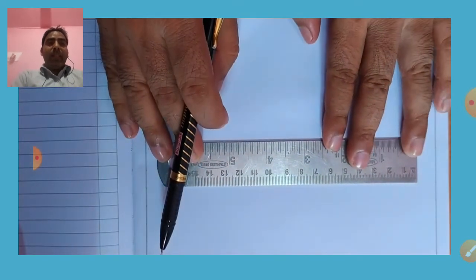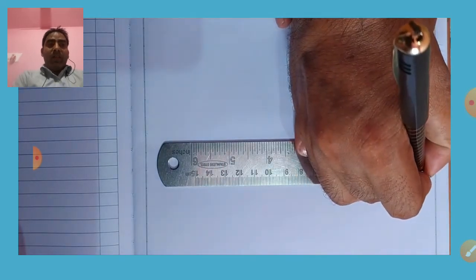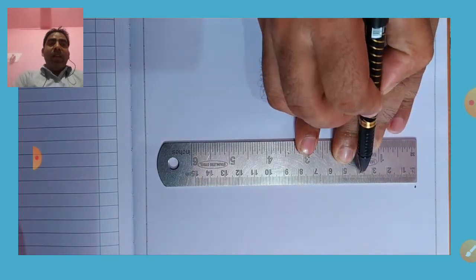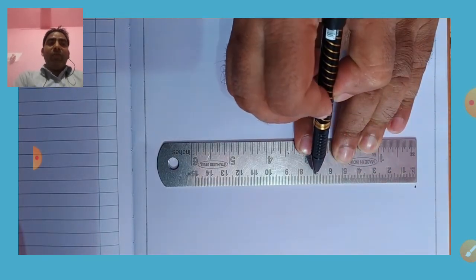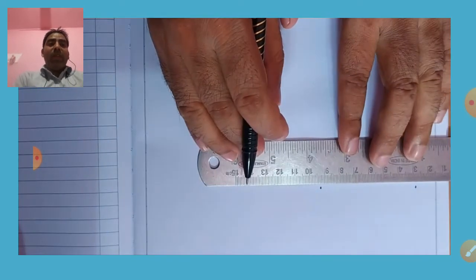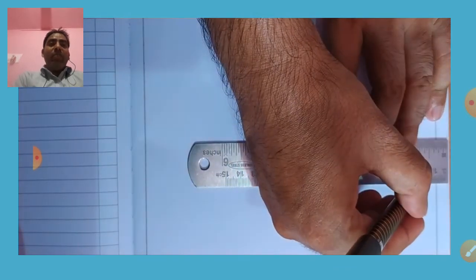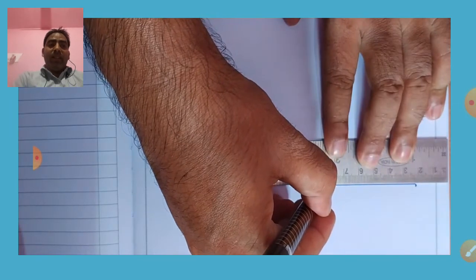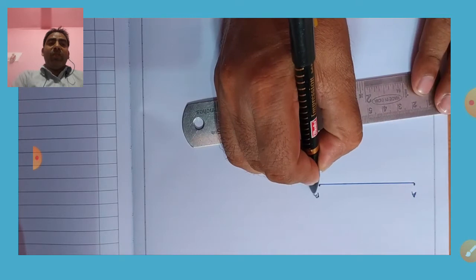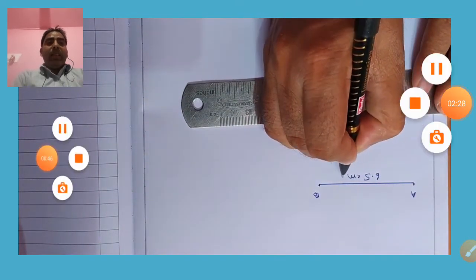We are holding the scale firmly on the paper and from the 0 we start and put a point on the 0. And then we move to 6 centimeter: 1, 2, 3, 4, 5, 6, and 0.5 means 1, 2, 3, 4, 5, and make a point on that. Put the scale and join these two points. When you join, the total measurement of this is 6.5 centimeter.